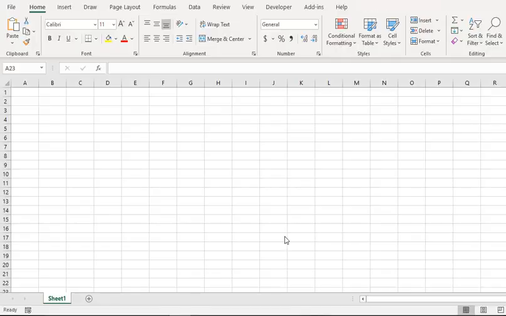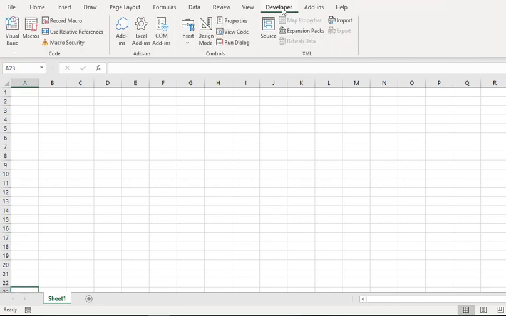In this video, I'll show you the difference between the form control button and the ActiveX control button. So let's get started. First, we have to go to the developer tab in our sheet, and here under insert, you'll find there are two different menus. The first one is form controls, the other one is the ActiveX controls. Both have some things in common, but in this video, I'll talk specifically about buttons.